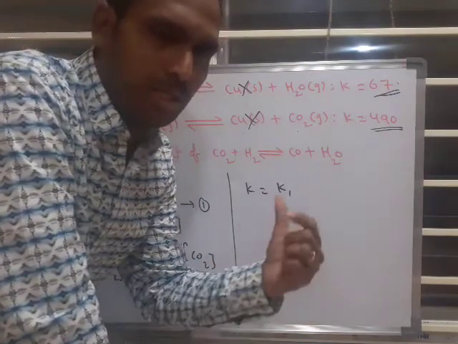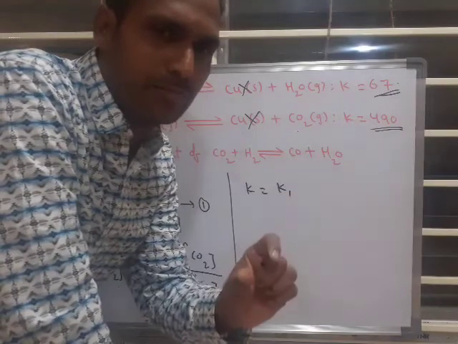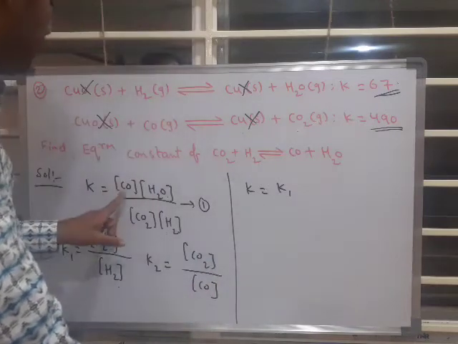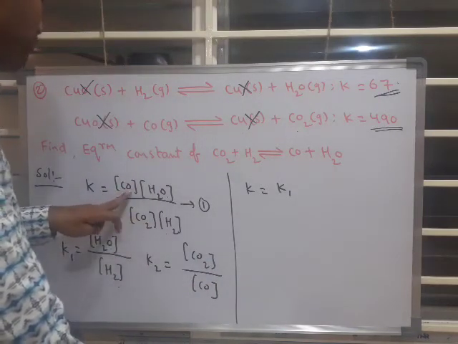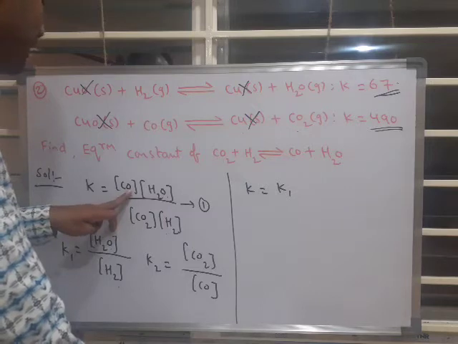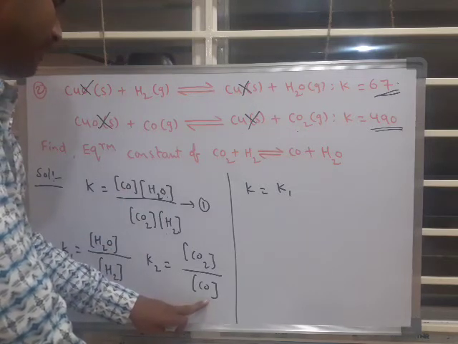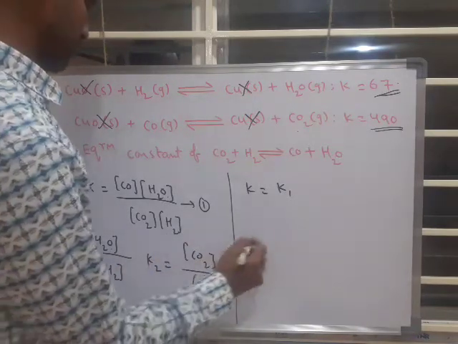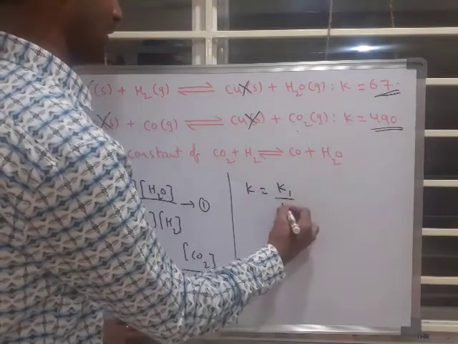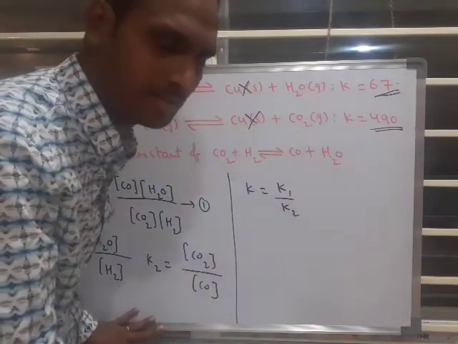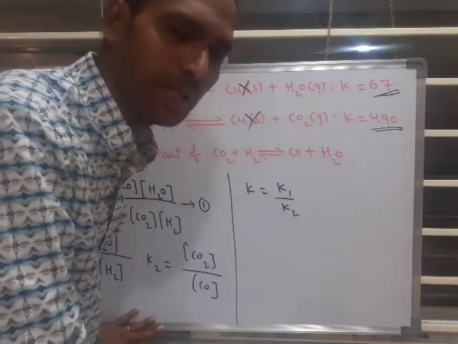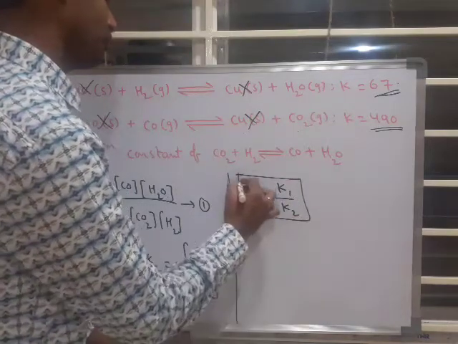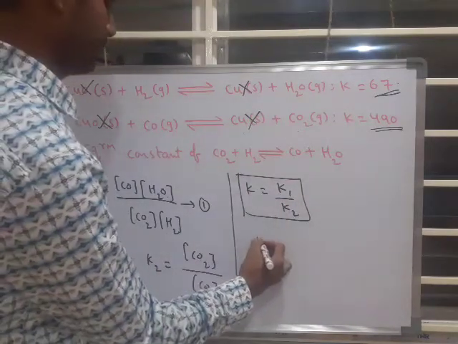In the second equation, CO2 is present at the numerator. Since in the question our required CO is at the numerator, but the given CO is at the denominator, we have to reverse K2. Therefore K is equal to K1 by K2. Just we have to guess it. If it's not possible to guess it, then only try to do the calculation. So K1 by K2. If you want to check it, you can check it. So final K is